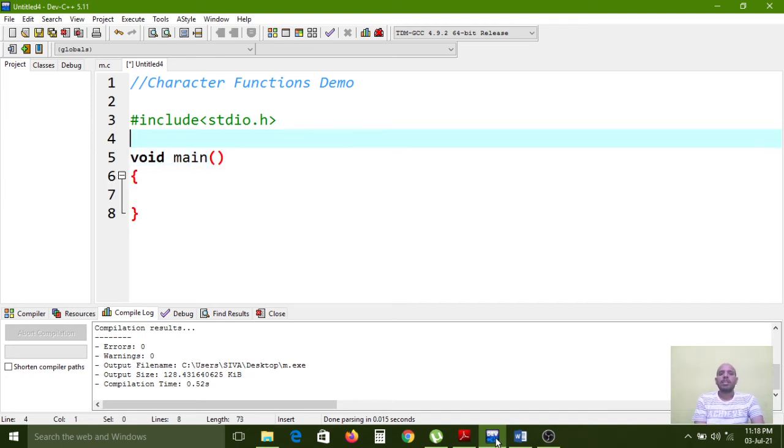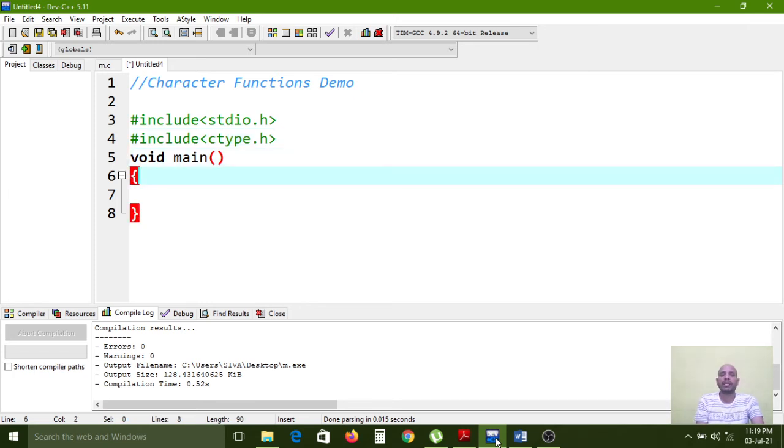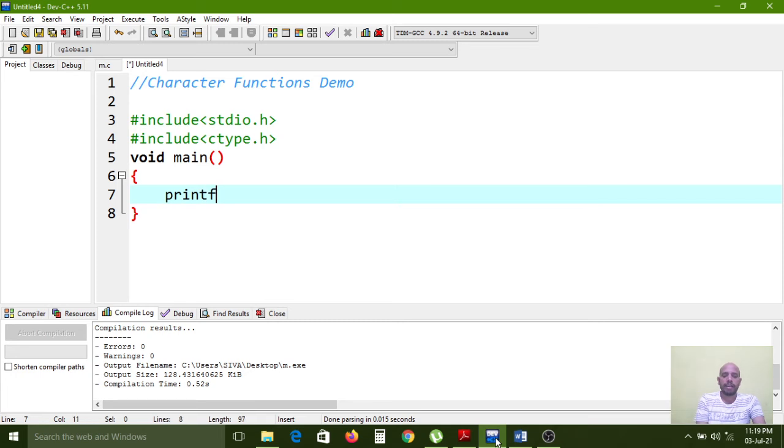Carefully observe. Now the concept is what? Character functions. So if you want to use the character functions in your C program, first we must include the ctype.h header file, because the character functions are available in this library only, right? Printf.